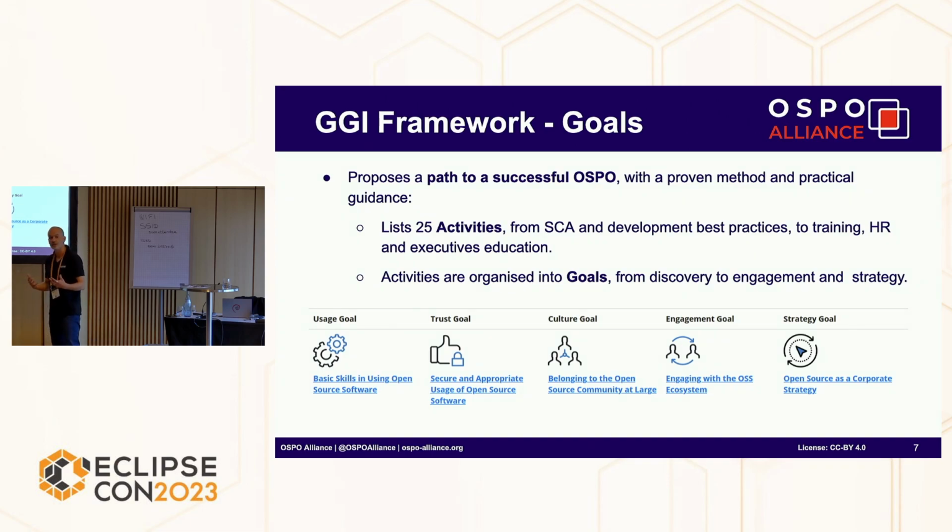And when you start contributing back to open source, you should want to engage with the projects that you rely on to make sure that they're still there tomorrow, engage with the community at large, with the foundations, with the projects, up to the stage where open source has become a strategic asset for the organization. That means reputation benefits, innovation, and making it really something that is core of your communication and global strategy at the organization level.